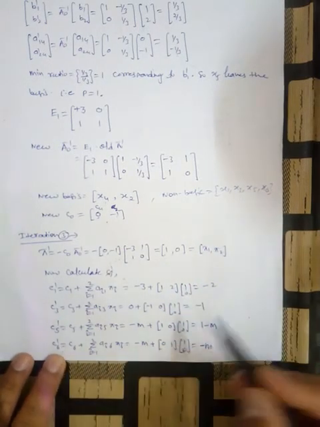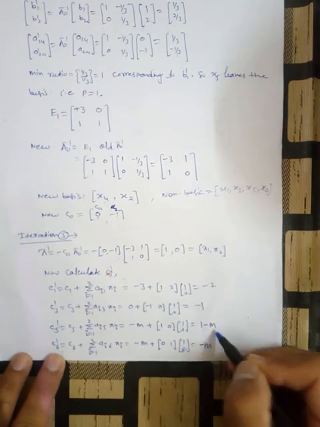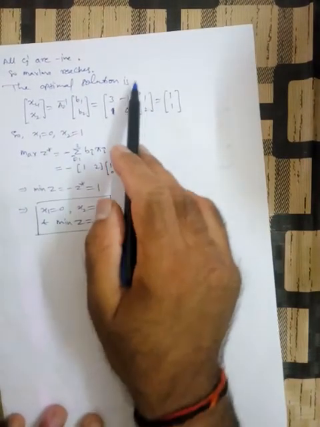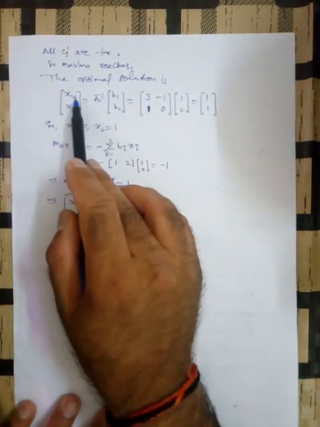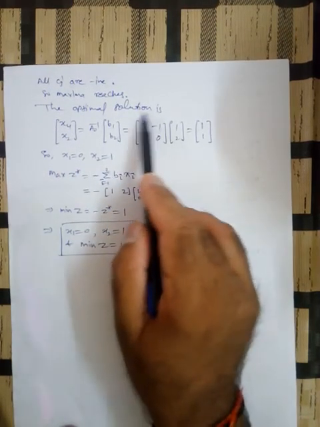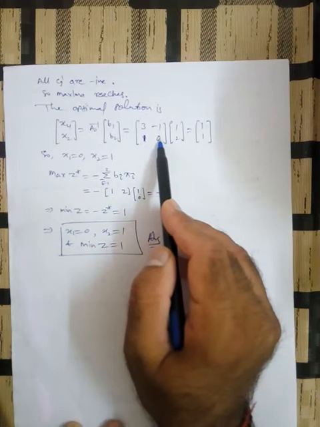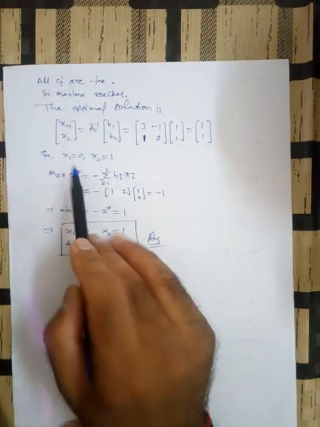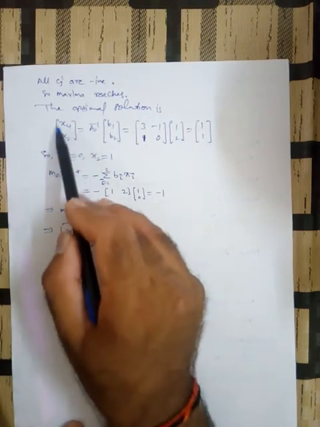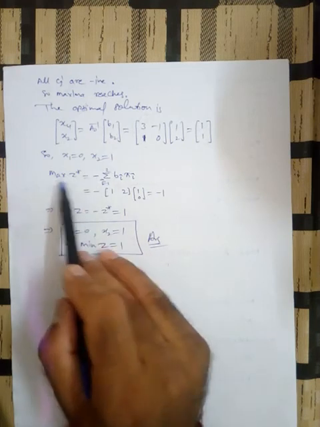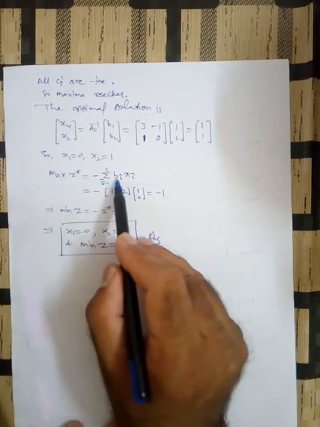So they are evaluated here. So this is -2, -1, 1 minus m, minus m. All quantities are negative, so optimum is reached. So what is the optimum solution? The optimum solution is given by x4, x2 equals a naught inverse times b1 b2. This is the formula. So a naught inverse is this revised a naught inverse, b1 b2 is 1 2, multiply, so 1 1. So in this column there is no x1, so that's why 0. x2 is 1, so x1 is 0, x2 is 1.